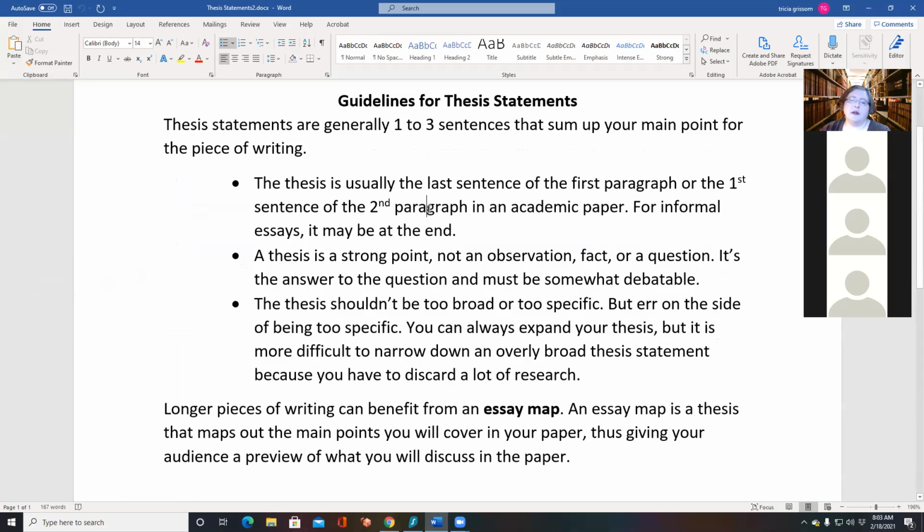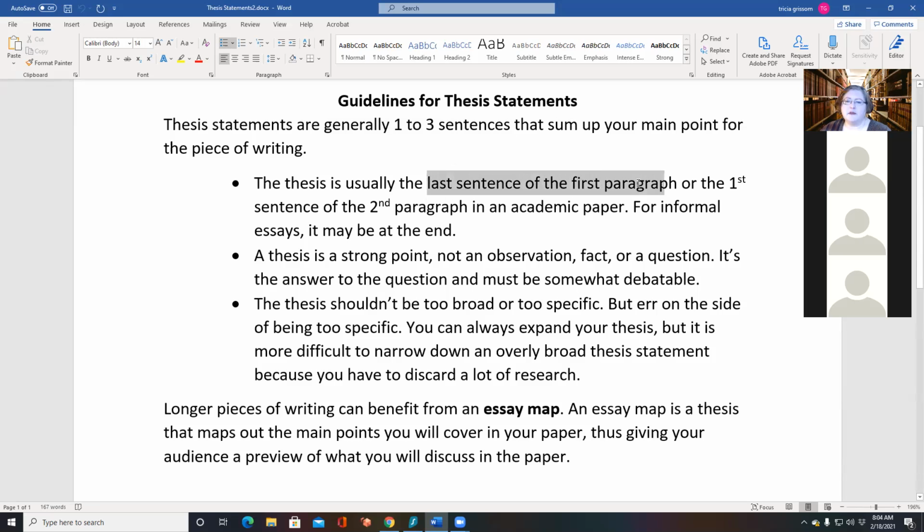So, as we were discussing yesterday, the thesis statement is the main point of your piece of writing. Short pieces of writing have usually one main point. Novels can have multiple themes or points that they want to make. But generally in a short piece of writing, you're concentrating on one thing you want to get across. You're using your examples, your descriptions, and your explanation to support that one thing and show us how you got to your conclusion. Usually 1 to 3 sentences. It really averages 1 to 2 for most papers.